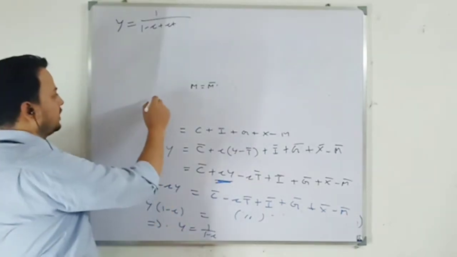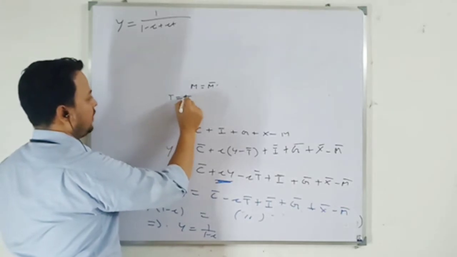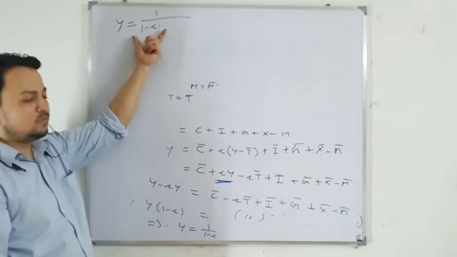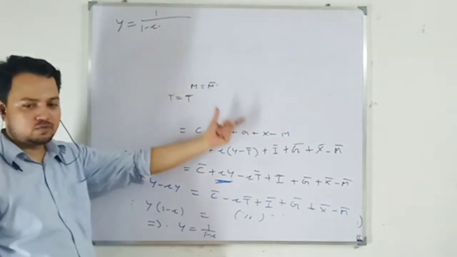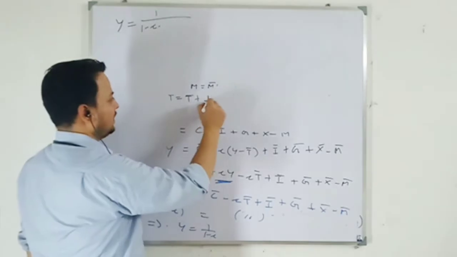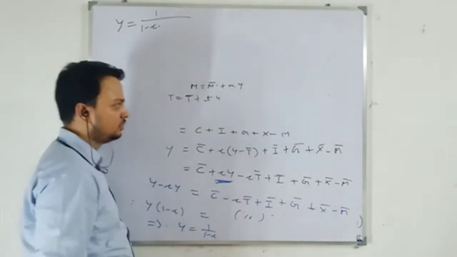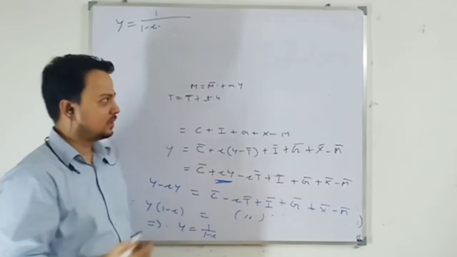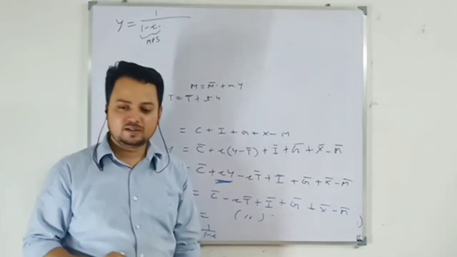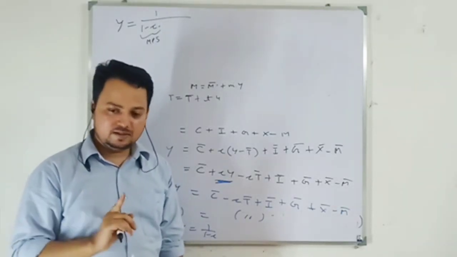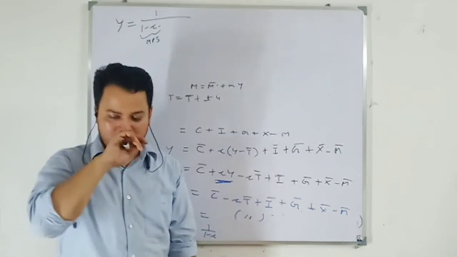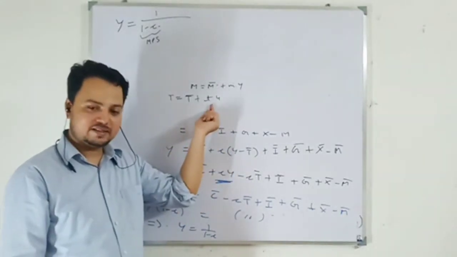Next, t equal to t bar, I have not taken this term, so this term will vanish. So in the 2 sector model, whatever multiplier I have, I will have in the 3 sector and 4 sector also. Why? What are these terms? Tax, import. If you have done Keynesian economics, what does this 1 minus c represent? The marginal propensity to save. What is saving in the Keynesian model? Saving is a leakage, right? Yes or no? Similarly, tax is a leakage.